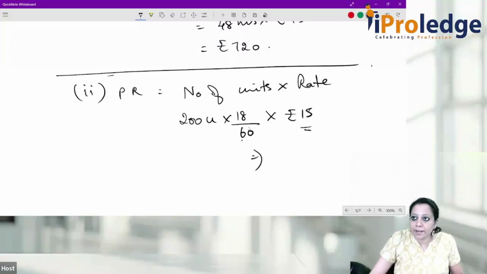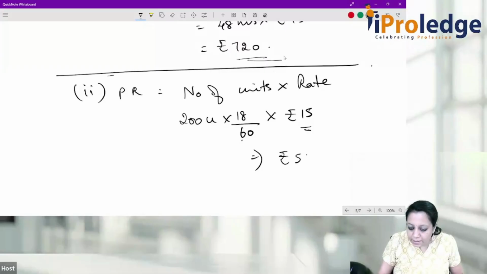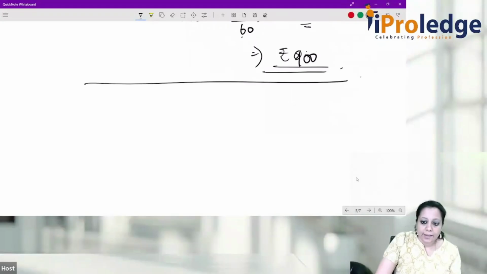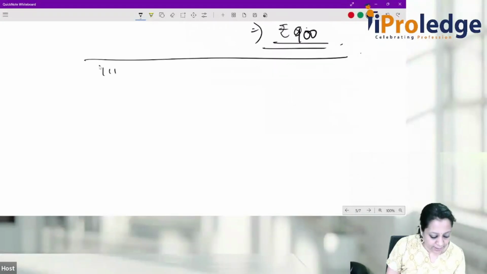Oh, already we have done. How much, ma'am? 505. This is only 720, no? 200 into 18 divided by 60 into 15. No problem. 900. No problem. 900. So this is piece rate. That is also over. Then next one is